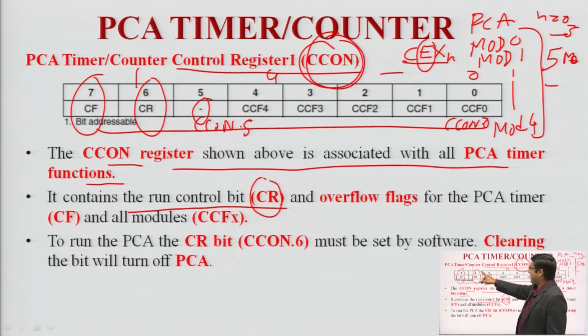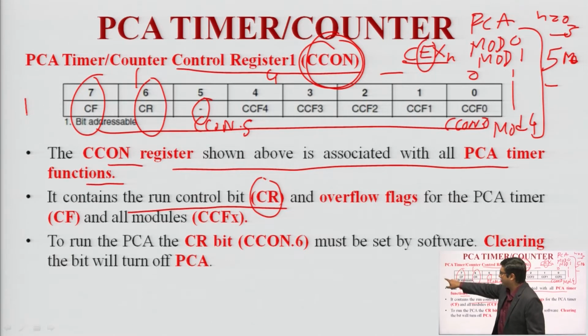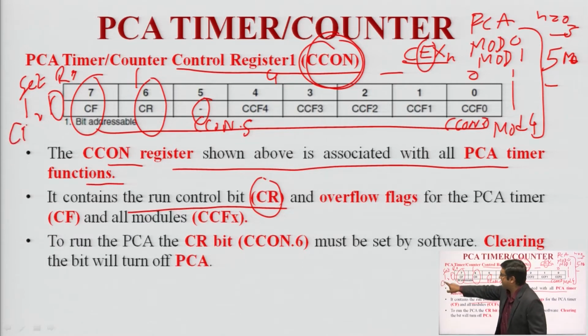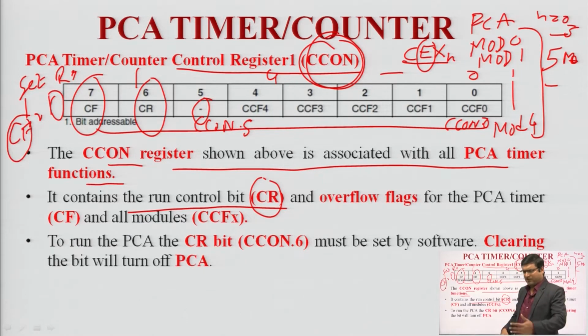Basically, each bit has 2 modes, either 1 or 0. 1 represents set, and 0 represents reset. So, when this bit is 1, that is set, we are going to start our timer. After that, the 7th bit represents the CF bit. The CF bit is basically the overflow bit. Further in this lecture we will see what overflow is and how overflow occurs. And then bits 0 to 4, basically CCON.0 to CCON.4,